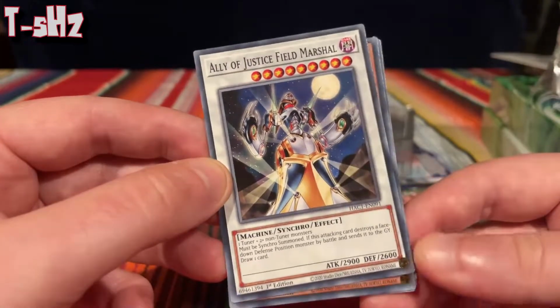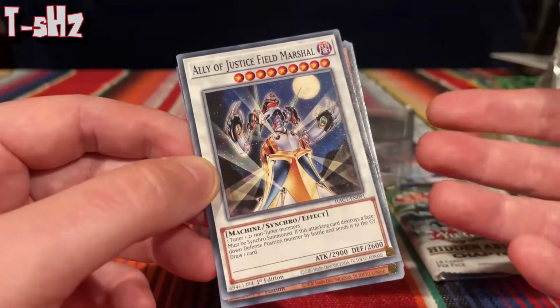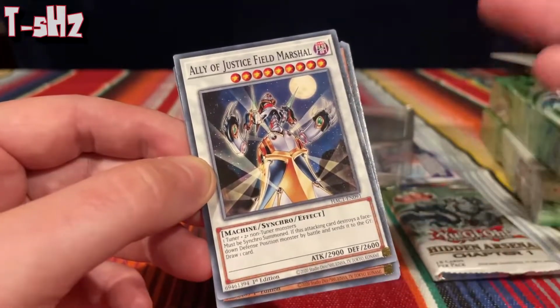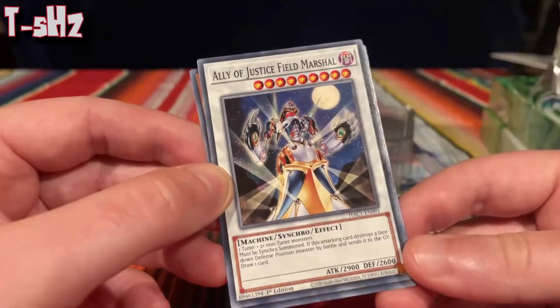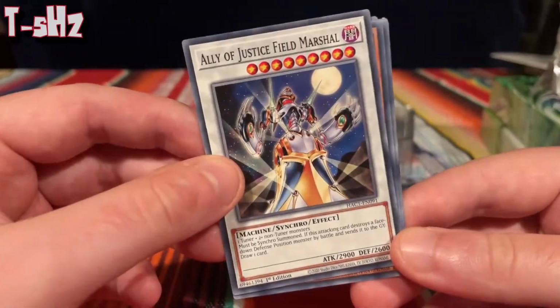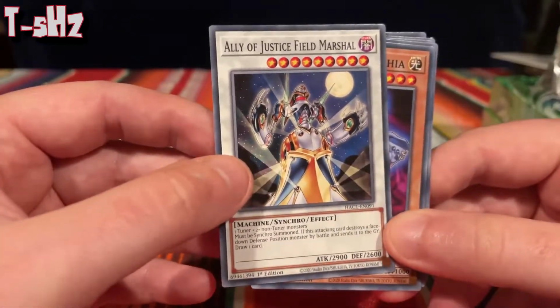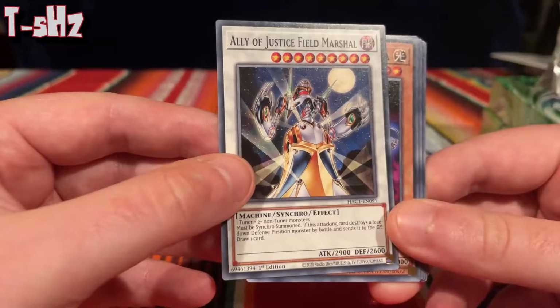Yeah, I think you have to work around this by playing some spells that change the battle positions. Otherwise, your opponent's just not going to do that and just keep comboing until they get a really big monster that just beats over it, and then that's it. So yeah, I'm not sure about this card. It does seem a little bit underwhelming for a synchro with such a high level and a pretty good effect,